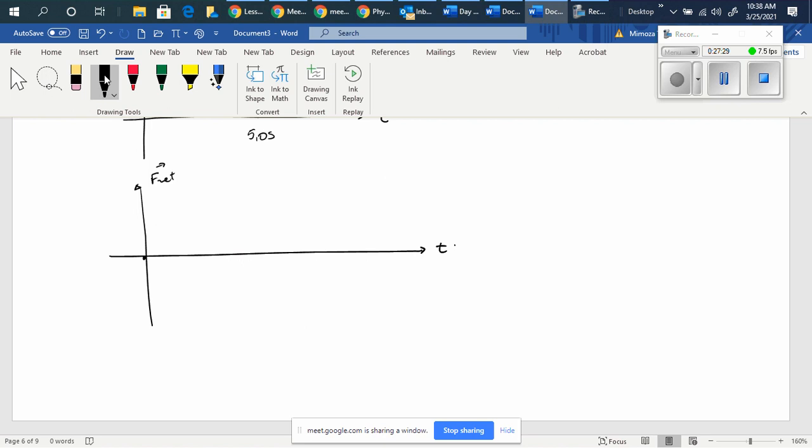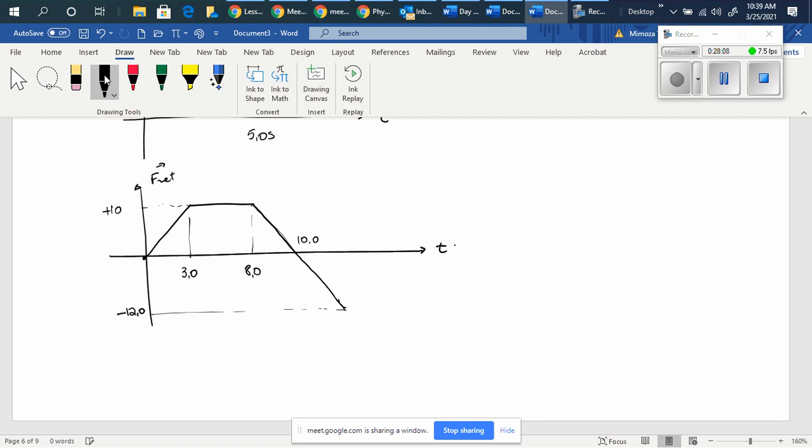At t0 it goes positive, up to positive 10, and then it stays constant from 3 seconds until 8 seconds. And then it comes back to 0 at 10 seconds,